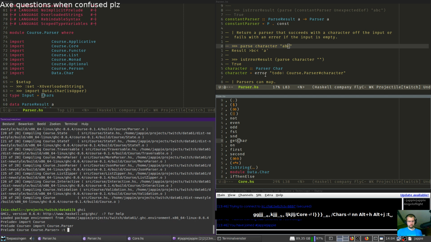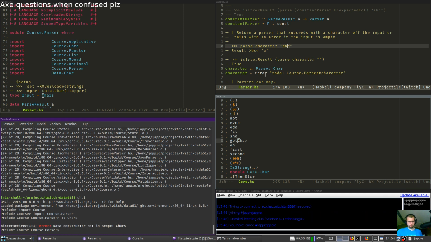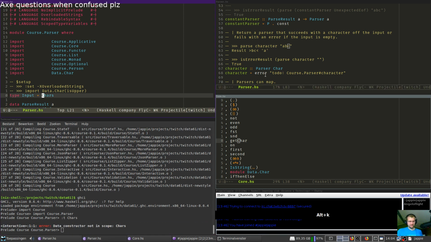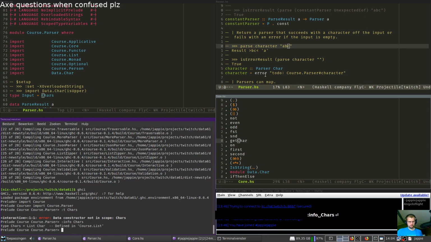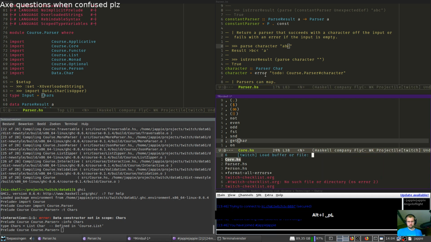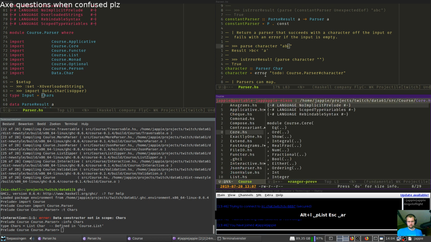Maybe we can just do T. Not in scope. Data constructor chars. You do like info or something? List of char. Weird, man.